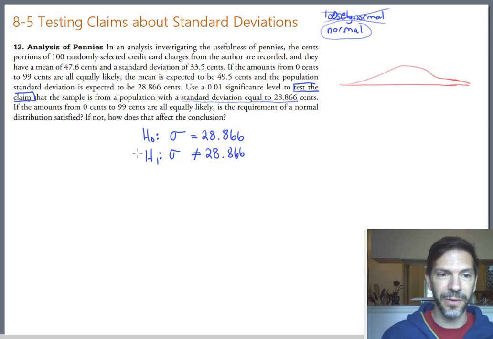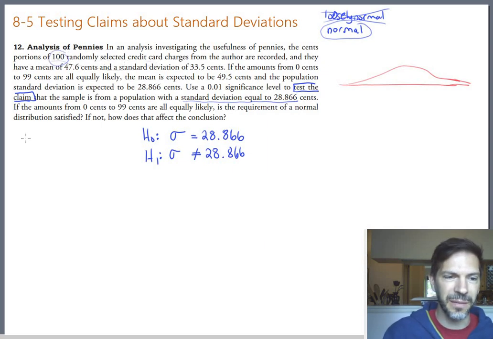Now this is the point where I need to track back into the words here and find out about the sample, right? Because that's the next thing, is what's the sample? 100 randomly selected credit cards. So that's sample size right there. I've got a sample of 100. They have a mean of